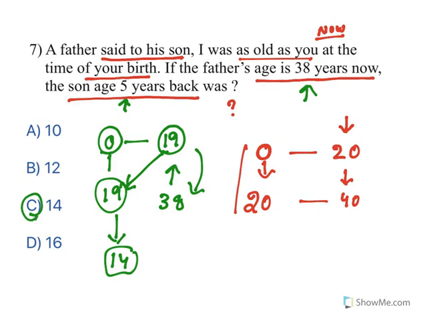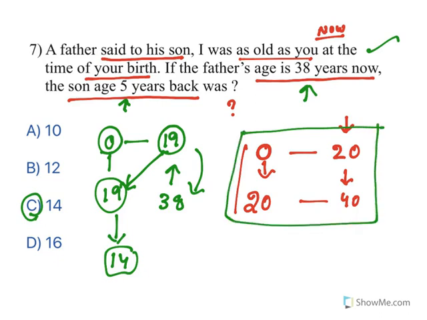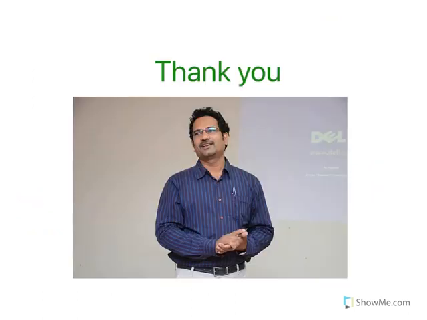See, it is very important to understand what the question asks, and you need to put them in numerical form, then only you will be able to understand it. Second thing, again the question asks for the age 5 years back, not the present age. So you need to subtract it, you will get this. So I hope you understand all the concepts.